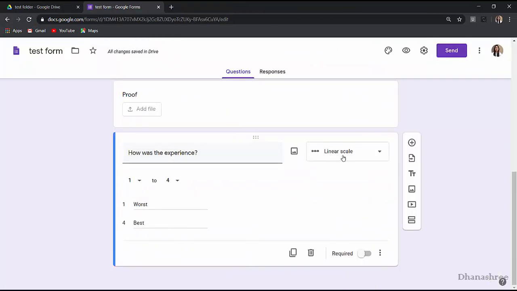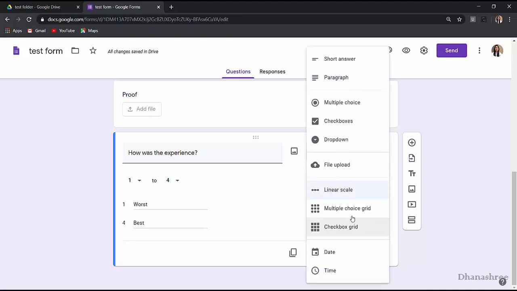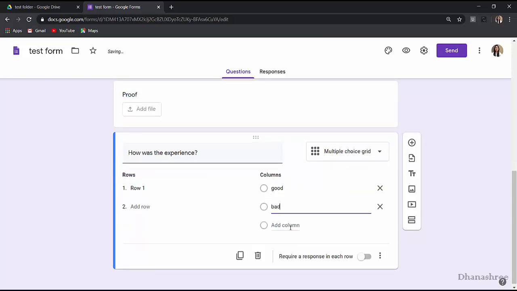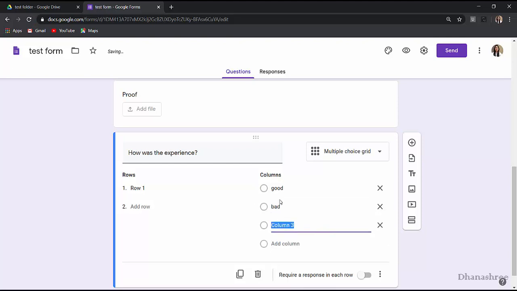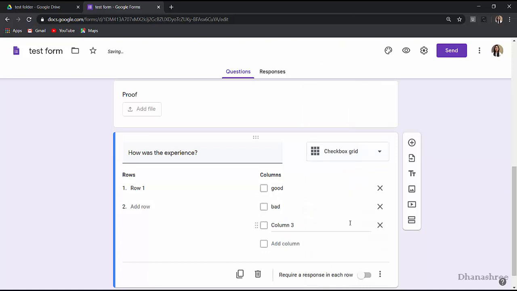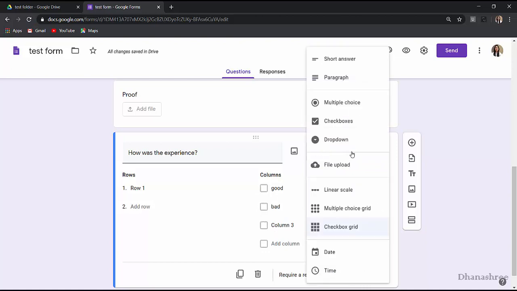Instead of linear scale, you can also go for multiple choice grid, where you have to write your options. If you want to add more columns, you can do that, or you can go for a checkbox grid. As we have discussed here, it will work in the same fashion.